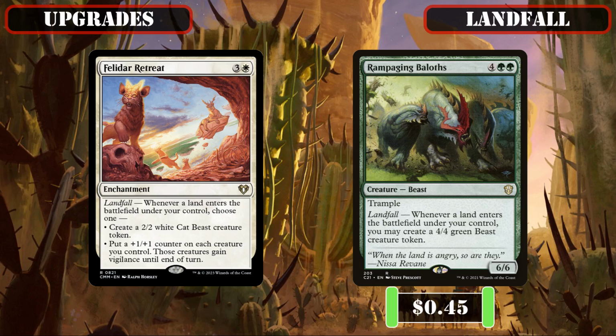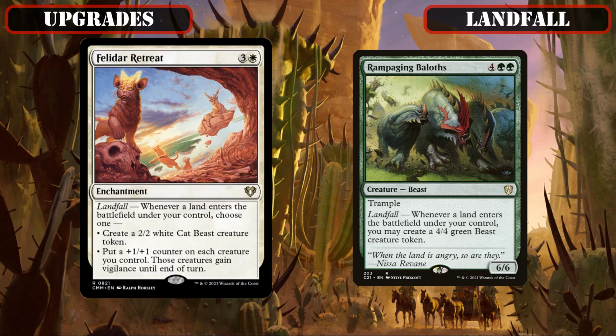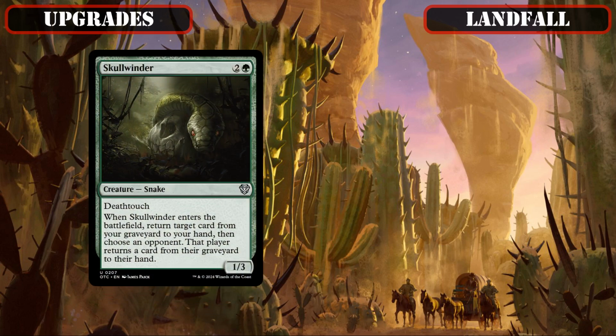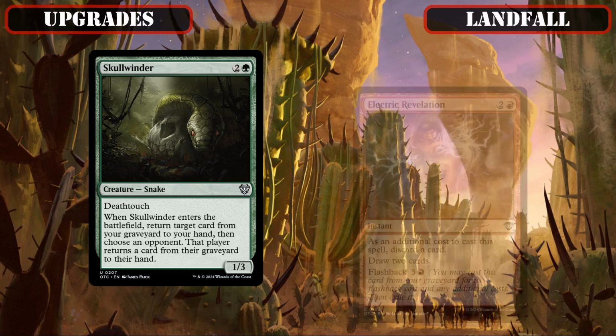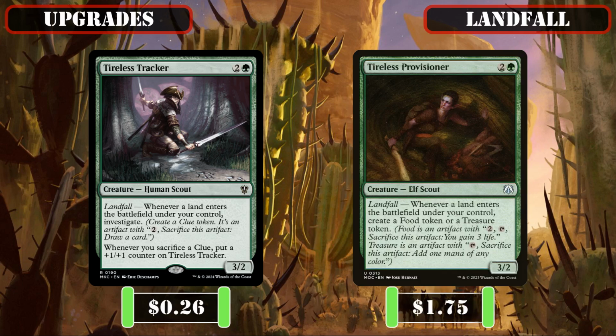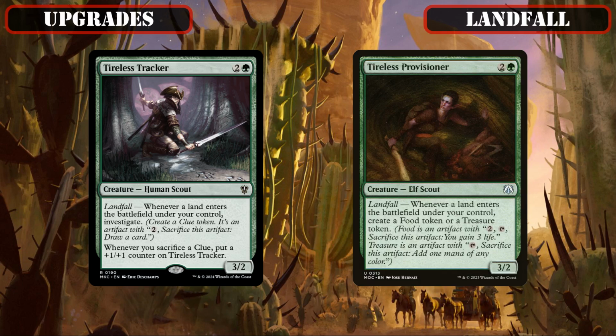Rampaging Baloths, both of which can create more decent-sized bodies for us to build up our board with as we make our land drops, and the former also giving us the option to instead grow our entire creature base with +1/+1 counters to make already established board states even more dangerous, while the latter camp sees us remove the symmetrical recursion piece Skullwinder, and the bit too expensive card discarding Electric Revelation so we can make space for Tireless Tracker and Tireless Provisioner, both of which generate us passive value in the form of clues and treasures to help pad